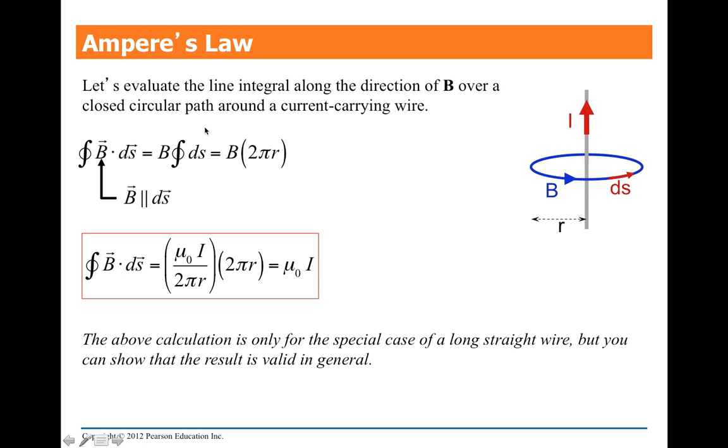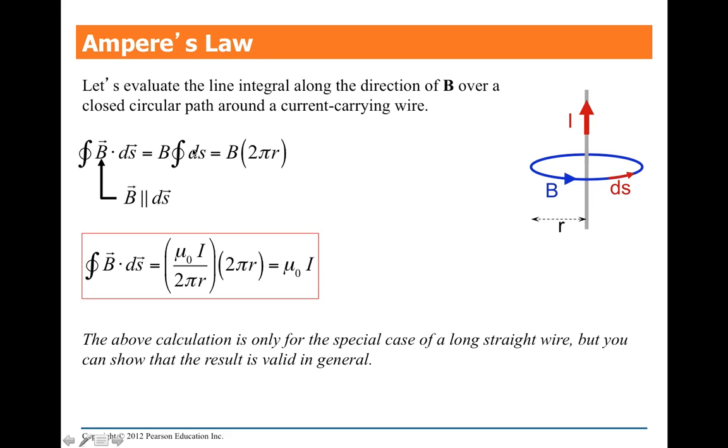Ampere's law lets you evaluate the line integral of B over a closed circular path around the current carrying conductor. So if you have a current carrying conductor, a wire, and you wanted to calculate the magnetic field around that wire, you can use what's so-called Ampere's law, where all you have to do is just